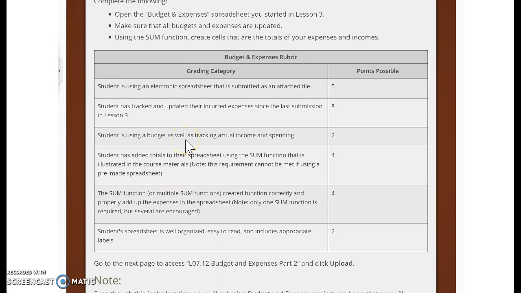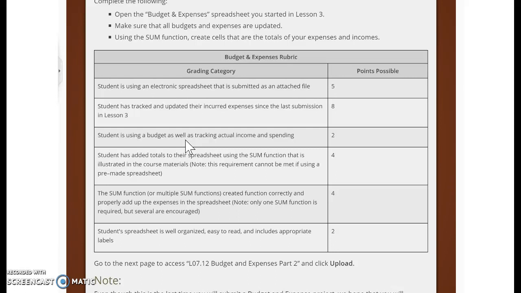I gave every single student feedback on the last one. And if there's something that I felt like could have been better, I let you know. I tried to also let you know when you're doing good things, but I wanted to make sure that you knew if there's something that could be improved or changed to make your spreadsheet better. I tried to point that out. Also, there were some things like